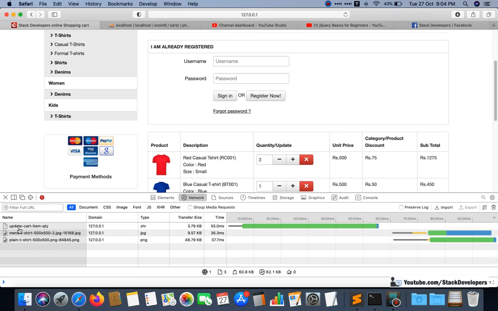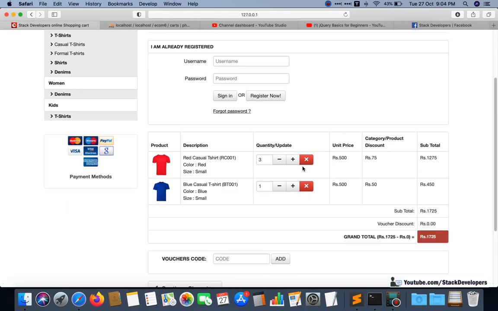See here plus, then see we are sending the request to the update card items quantity route and function with the help of Ajax, and we are updating the quantity of the card item here. Okay, to 3, and here you can see the subtotal also increased 3 times, like 500 minus 75, 425 into 3, it is 1275.